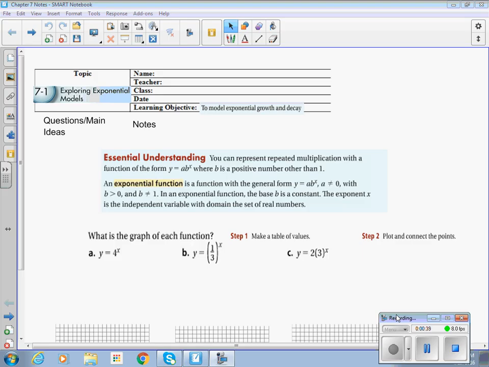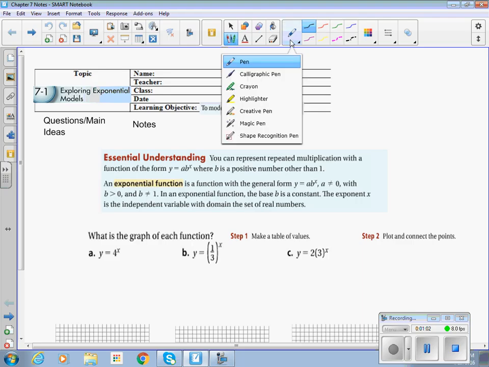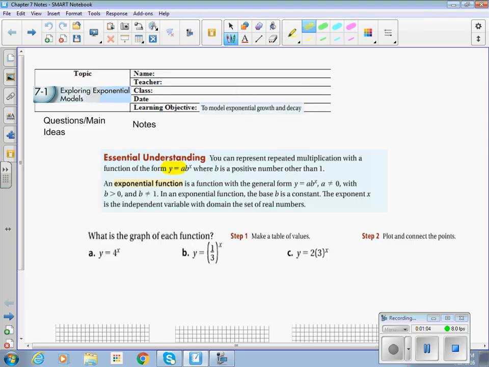actual use it place. So our learning objective is to model exponential growth and decay. We can represent repeated multiplication with a function of the form y equals a b to the x. So I want you to highlight that. This is our foundational formula: y equals a times b to the x. An exponential function